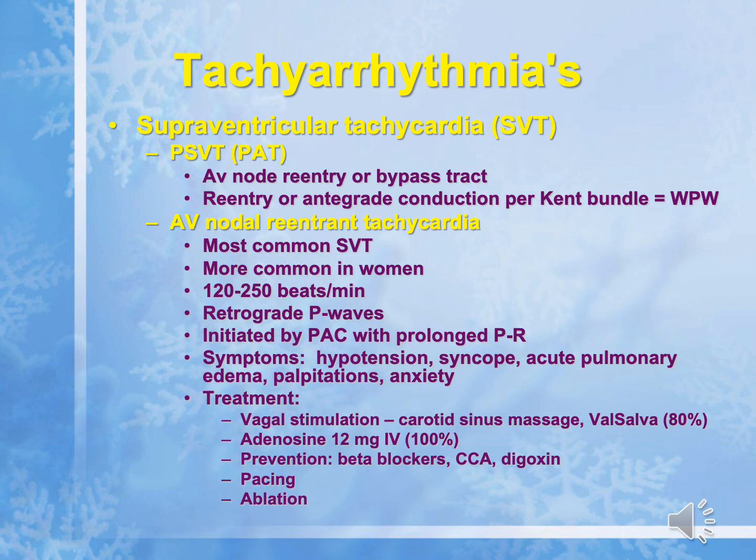If the abnormal atrial activity is slower than the atrial flutter and fibrillation rates, at rates of less than 250 beats per minute, we speak of this as being atrial tachycardia. There are two types of supraventricular tachycardias. That is what we call PAT, paroxysmal atrial tachycardia, and the other is AV nodal reentrant tachycardia. The latter, the AV nodal reentrant tachycardia, is the most common, occurs predominantly in women, and is manifested by retrograde P waves from the AV node, and is associated with symptoms of palpitations, hypotension, occasionally syncope,